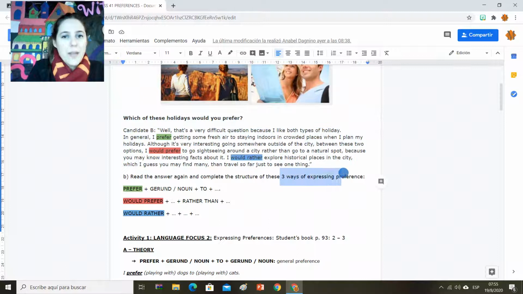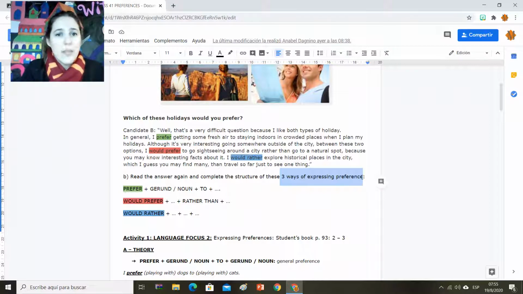of expressing preference. Candidate B says, well, that's a very difficult question because I like both types of holiday. In general, I prefer getting some fresh air to stay indoors in crowded places when I plan my holidays. Although it's very interesting going somewhere outside of the city, between these two options, I would prefer to go sightseeing